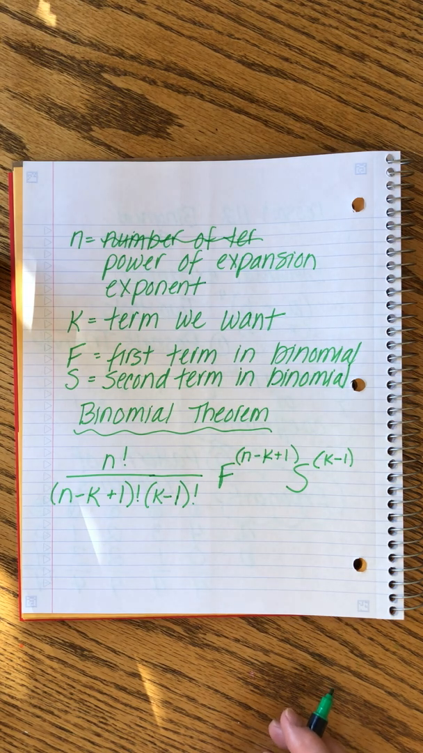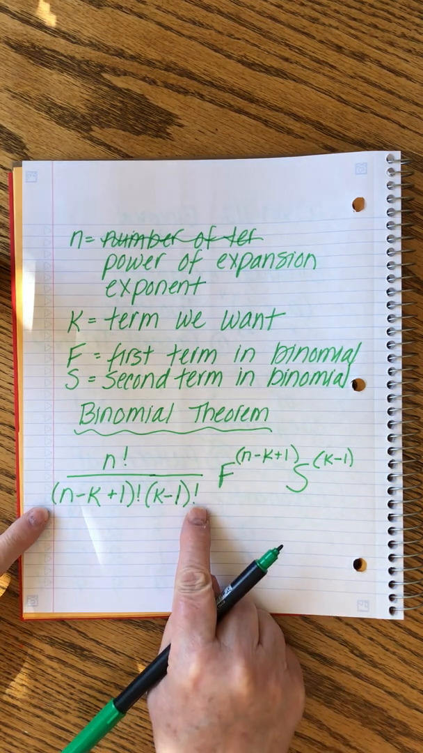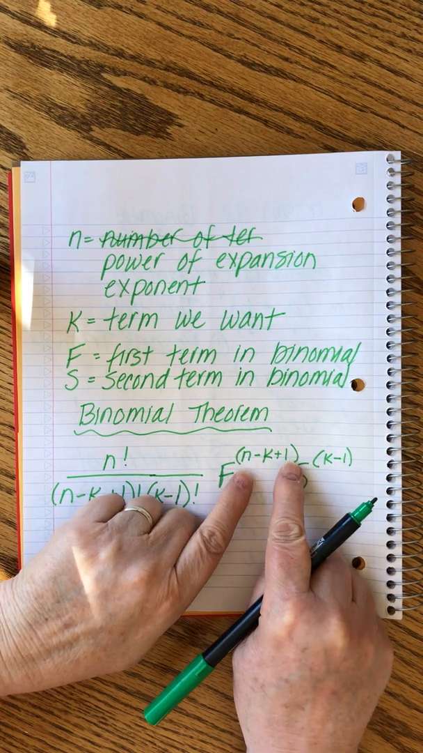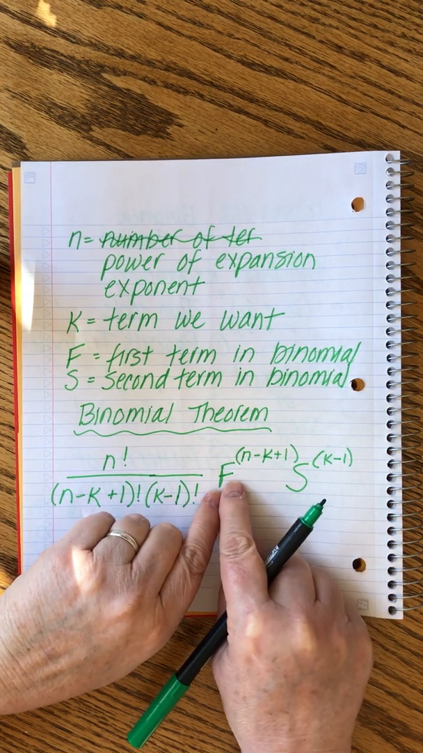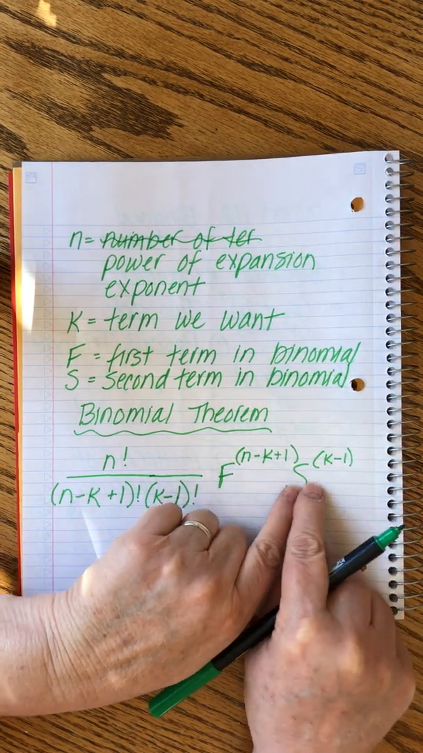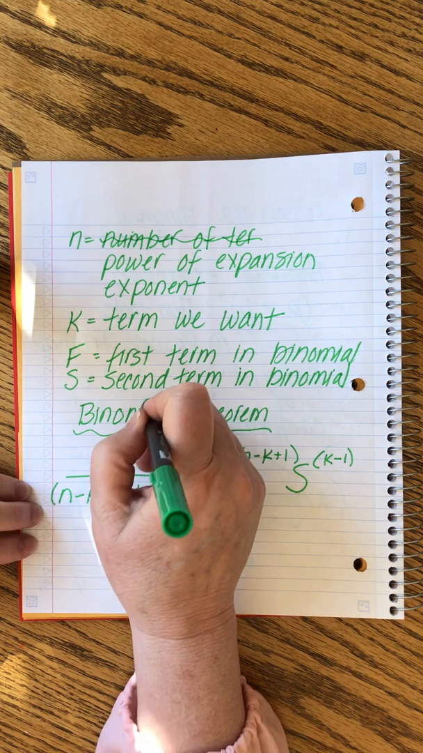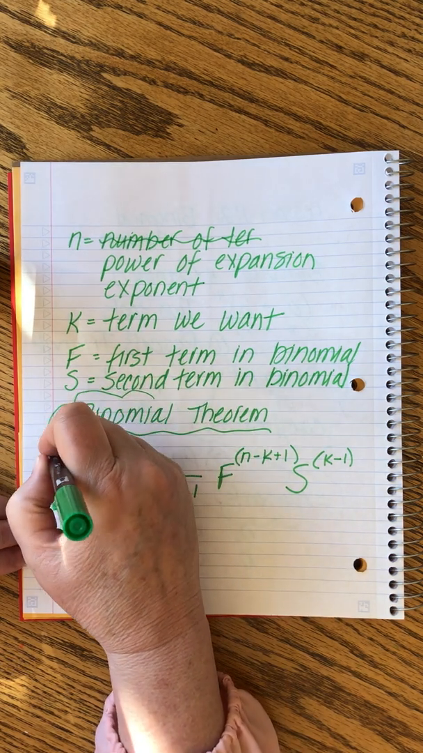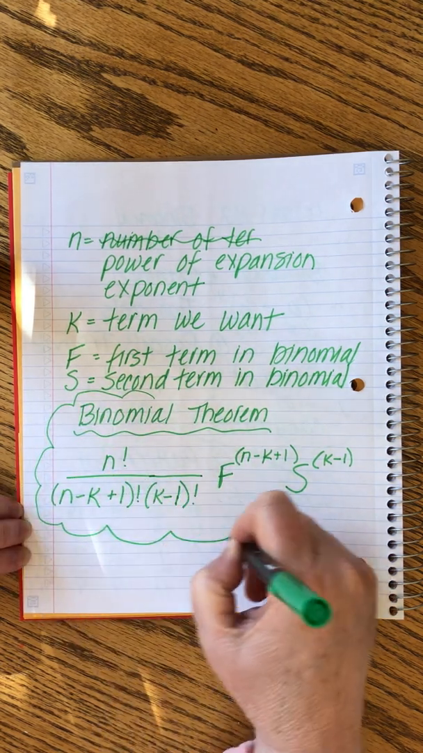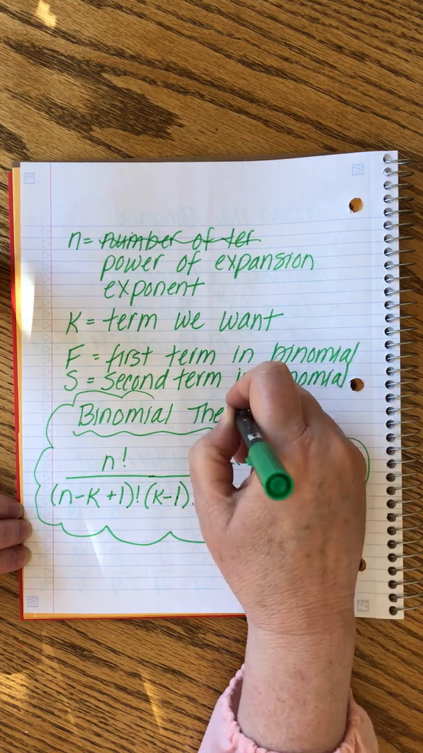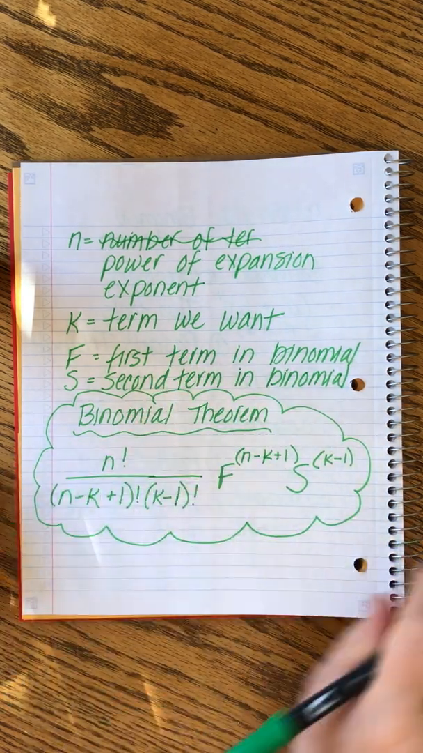That's it. This formula gives us the coefficient, the exponent that goes on the first term, and the exponent that goes on the second term. When you see it written like this, I think you will agree, it looks fairly horrifying, doesn't it? But what we're going to see is that when you actually start to use it,